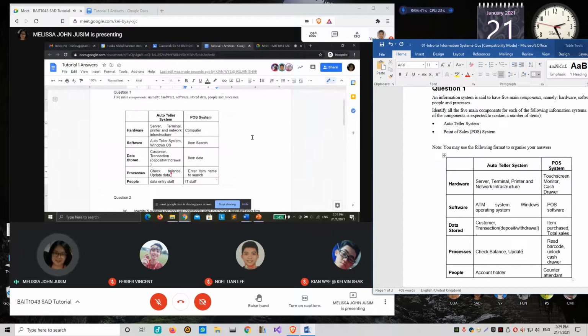Customer account can be the balance, right? Sometimes we are asked to update our phone numbers and so on, so we can put everything under customer data, update customer data. And the third one, Kelvin, would be the print of receipt. Okay, very good.